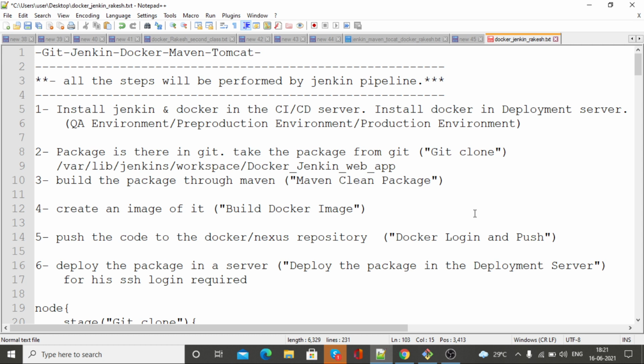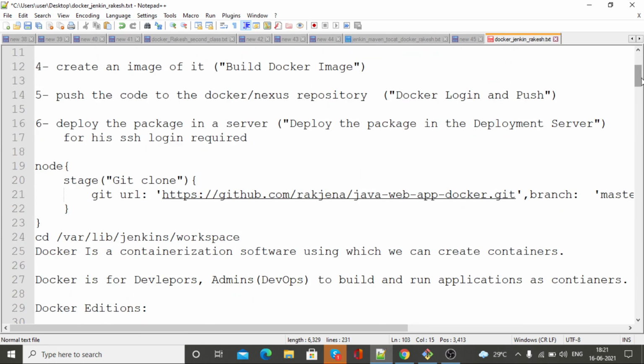Okay, so it could be your QA environment, pre-production environment, or production environment. So for that, the first step will be this. In pipeline we will have to add this script to clone the developer's code. Okay, so let's go.